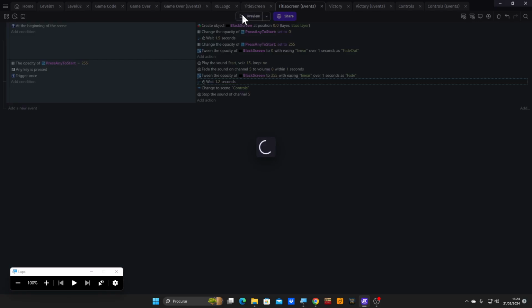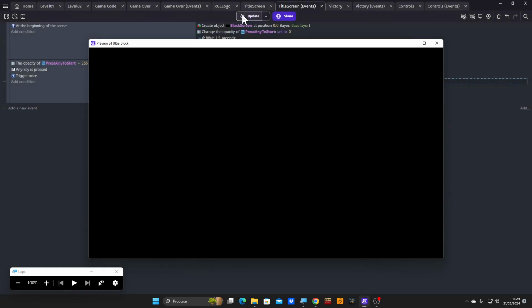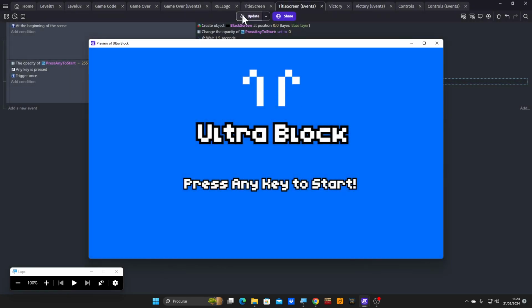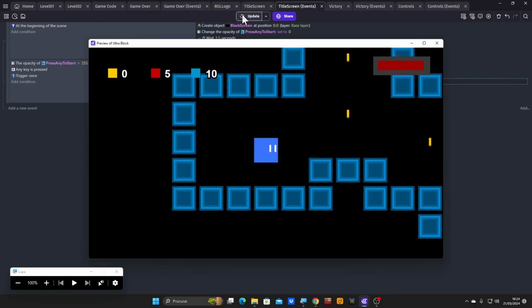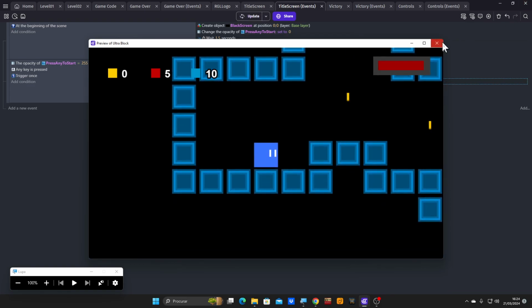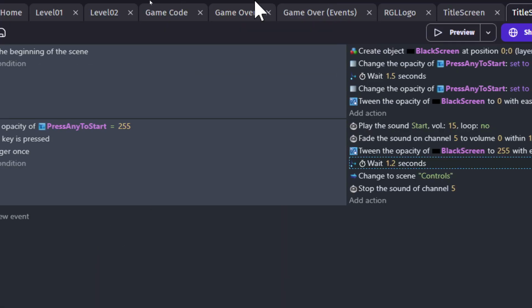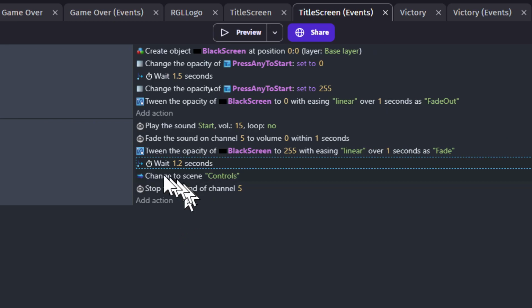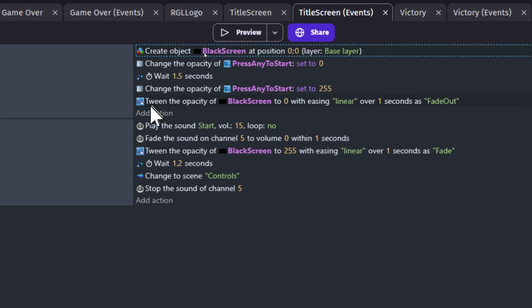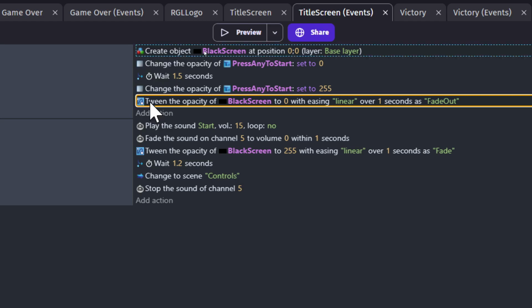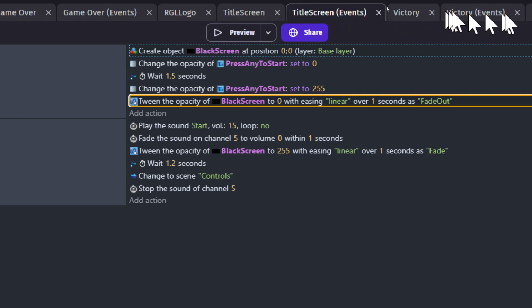So let's try that again. And also, let's see what happens if I press the button constantly, like a million times. Okay, it works just the same. I don't need to put a limiter on it. It's fine. So this works. So now we need to do the exact same thing. Create the object, tween. So I'm going to copy this. And we're going to go to